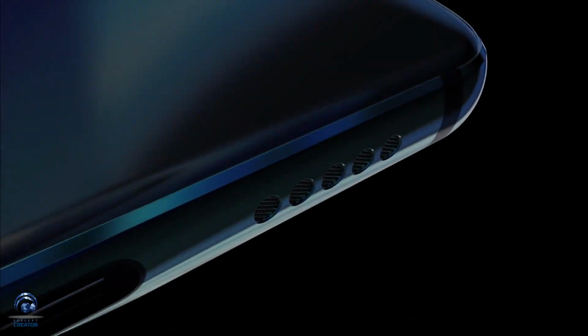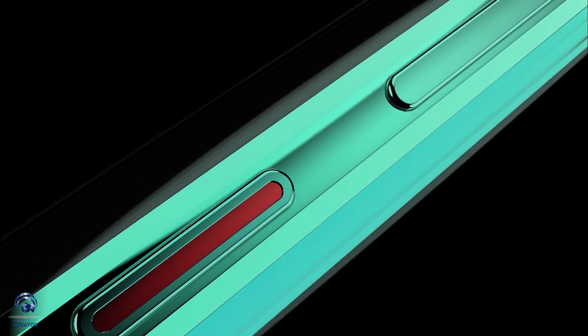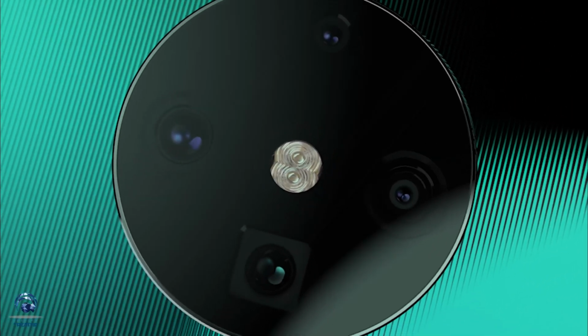So next is the Huawei Mate 30. It'll be pretty interesting to see if this phone actually comes out, since the US and Huawei are having problems, but we're expected to see a glass and metal design. It should be IP68 certified, in-display fingerprint scanner, 6.3-inch full HD display. We should see the Kirin